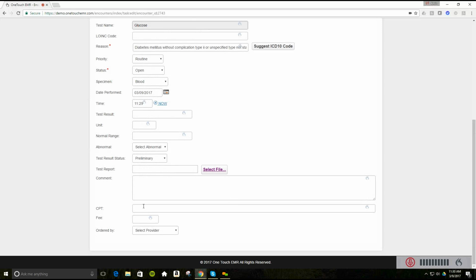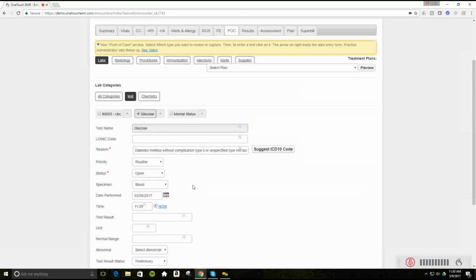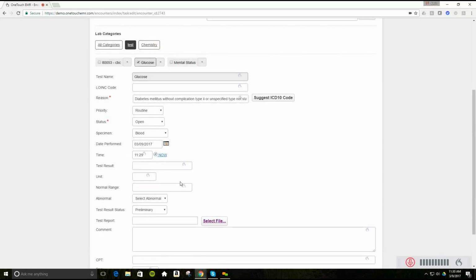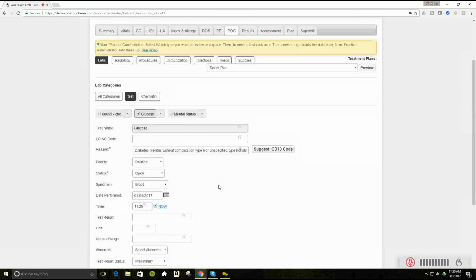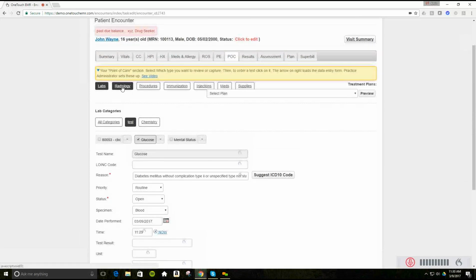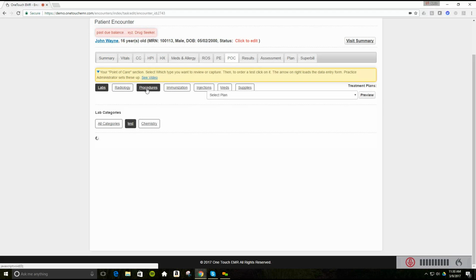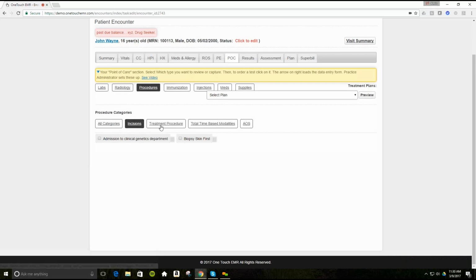If you want to put a CPT in a fee code structure, you can. Sometimes you don't know until you're actually in, or until you know what you need in the glucose. So that's the reason why this is generally blank. Radiology, same thing. Any in-house procedures that you might do, could be like an x-ray, ankle x-ray, whatever that may be, treatment procedures, time-based modalities,